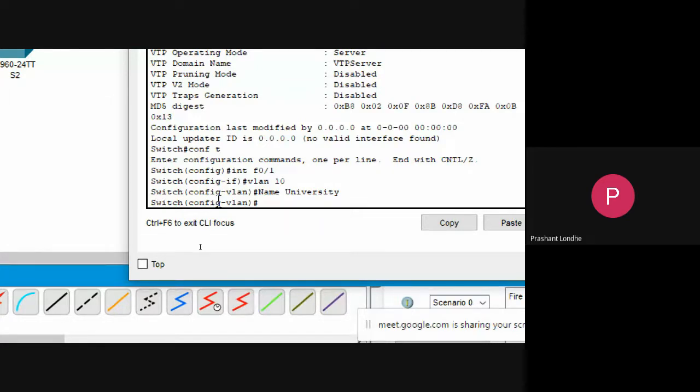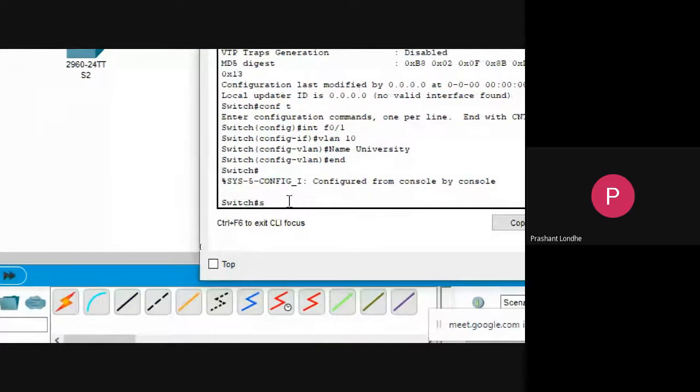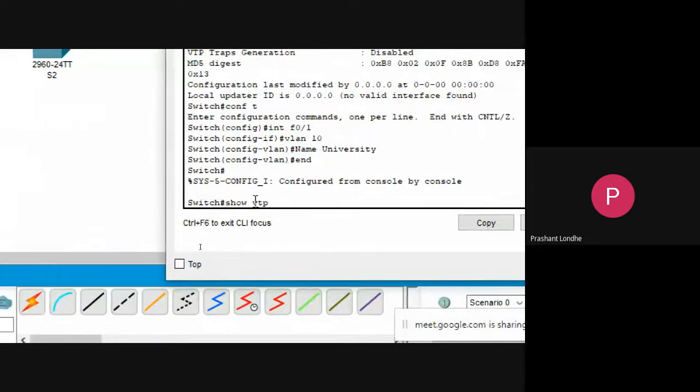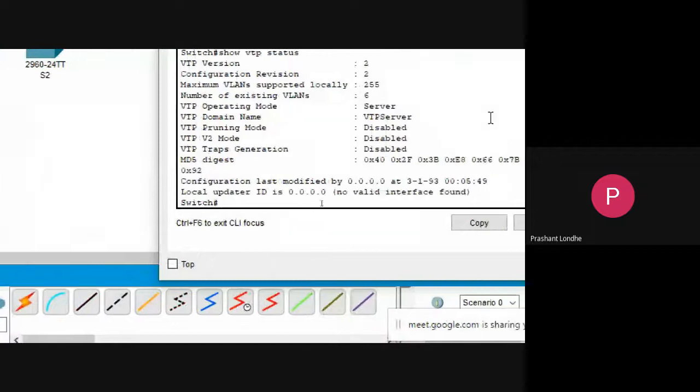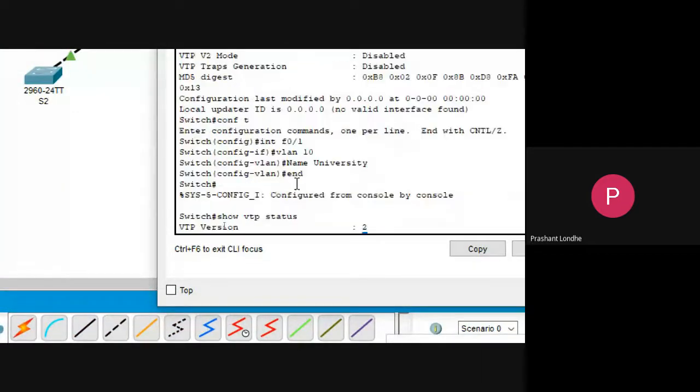Now let's go back and show VTP status. Here you can see, as I have created one VLAN, this is one of the activities, and then I have set the domain name, which is the second activity.